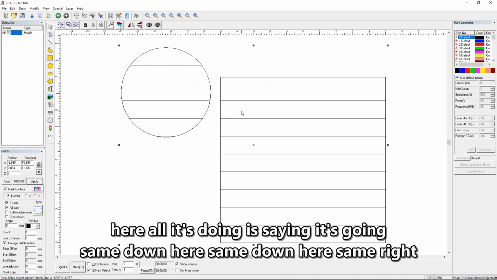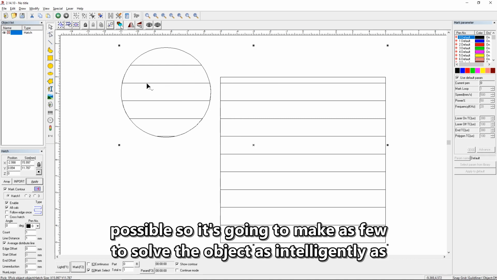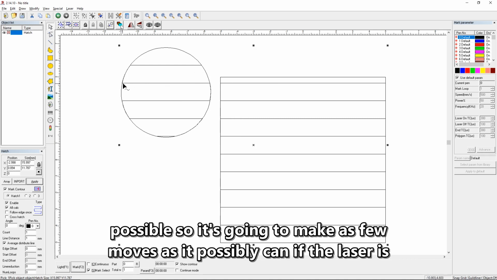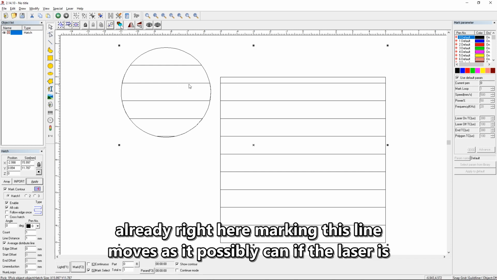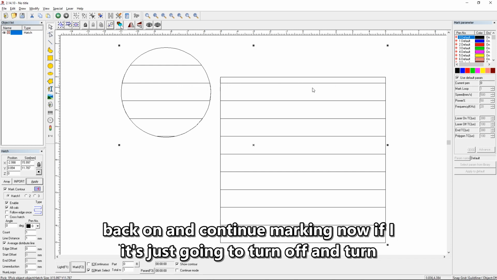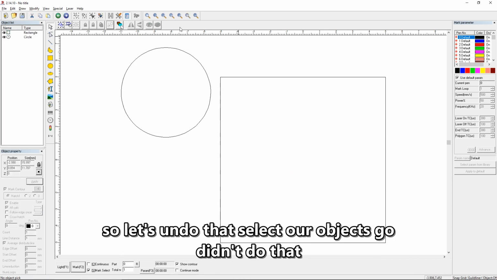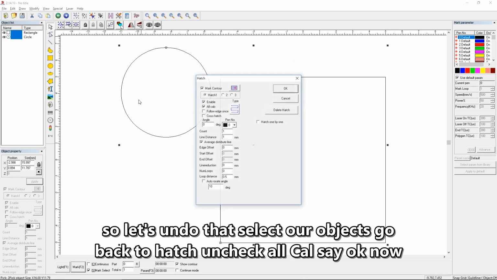All it's doing is solving the object as intelligently as possible, so it's going to make as few moves as it possibly can. If the laser is already marking this line, it's just going to turn off, then turn back on and continue marking. Now, if I didn't do that, let's undo that, select our objects, go back to hatch,